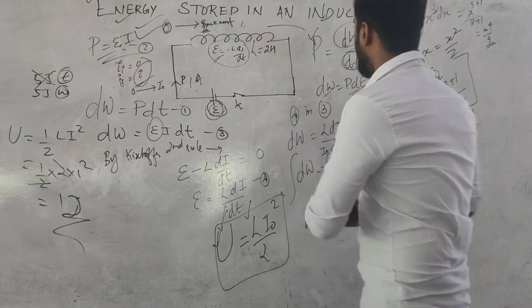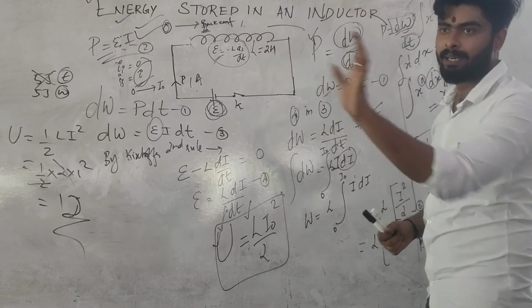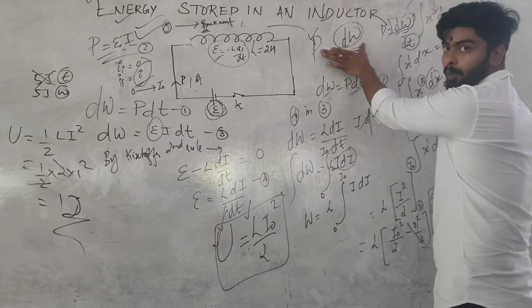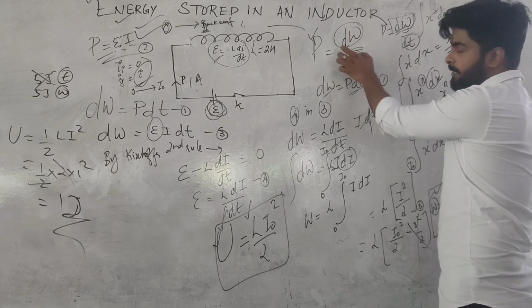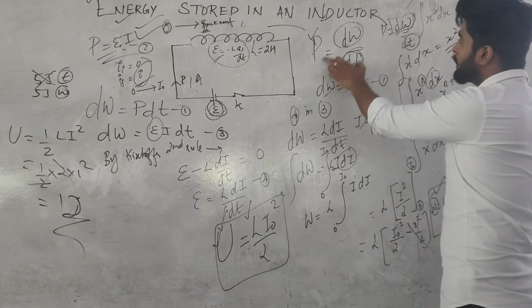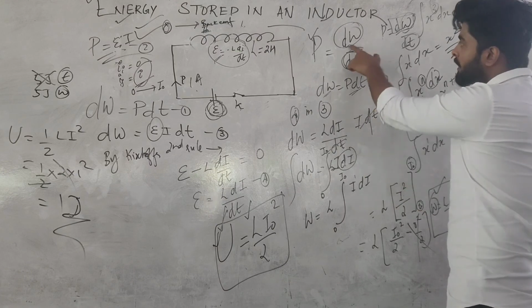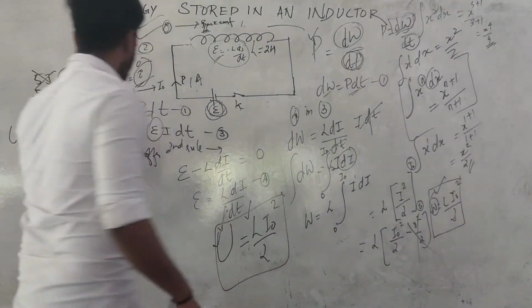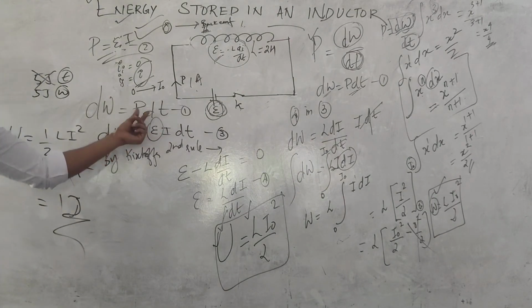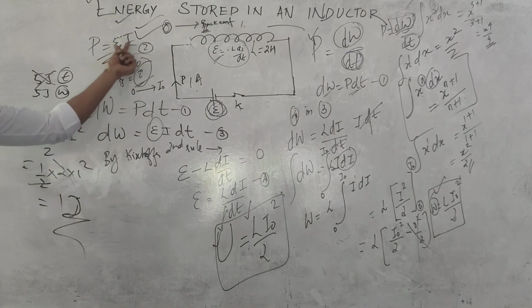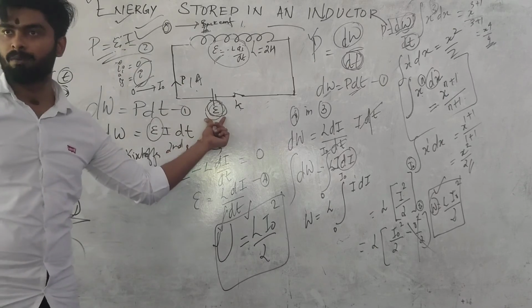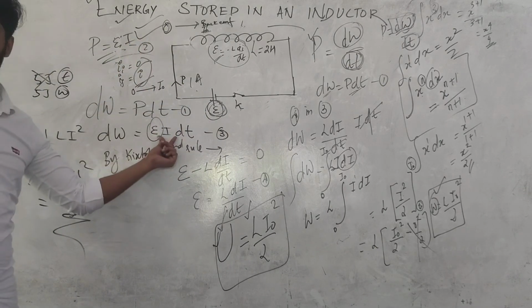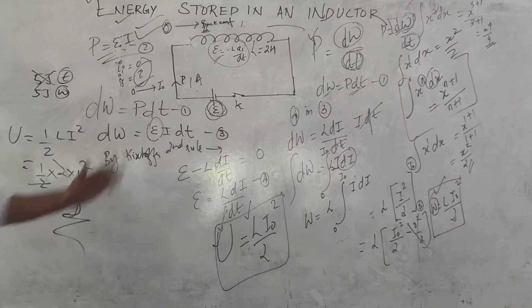For that, we have to find the small work done by the inductor. We know that power is equal to work by time. So if we have to do a small work, it can be written as dW in a small time dt. So P will be equal to dW by dt. From there, you will get the small work dW, which is P into dt. What is power in the case of an electric circuit? It is voltage into current. Here voltage is the EMF E. So substituting EI in place of P, we get the main equation, which is equation number 3.